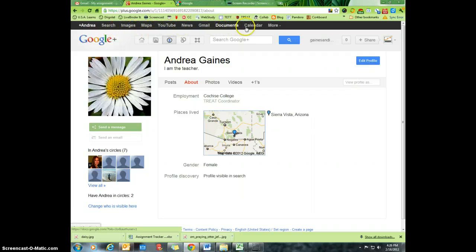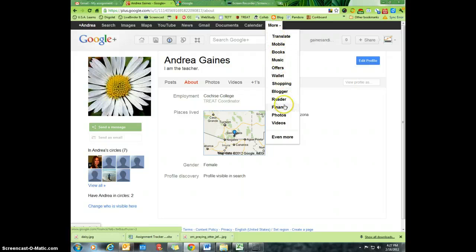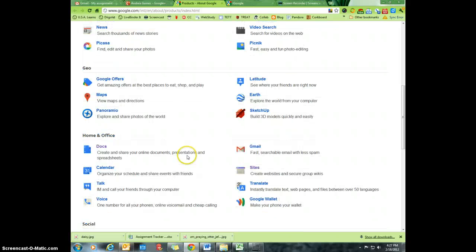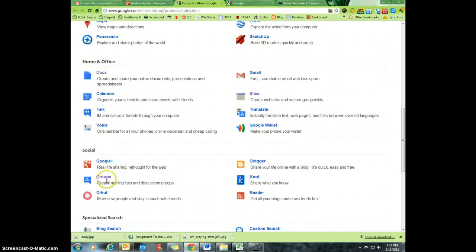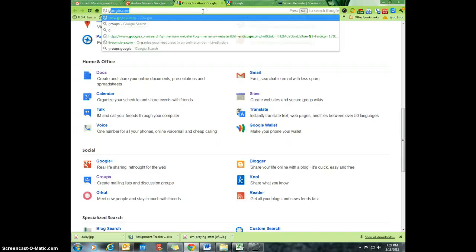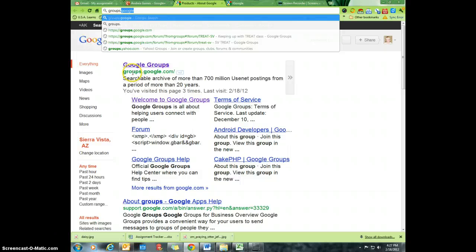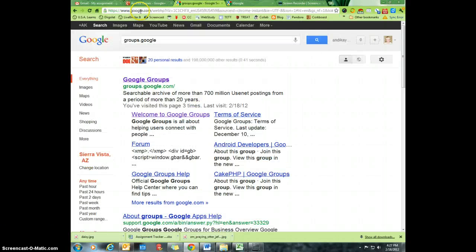So I want to go, it's not on my top toolbar, so I can either go to more and look for groups, or I'd have to go down to even more and scroll down until I found groups, but it's pretty far down. It's kind of a hard way to find it. It's way down here. So let's do it another way. There is another possibility. I can just type in groups.google, and you can see it pops up here. If I just hit enter